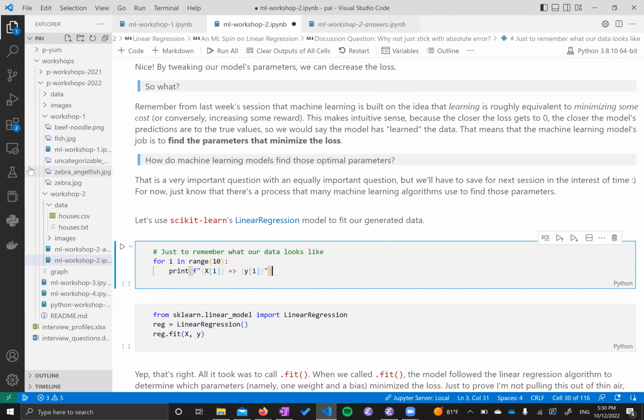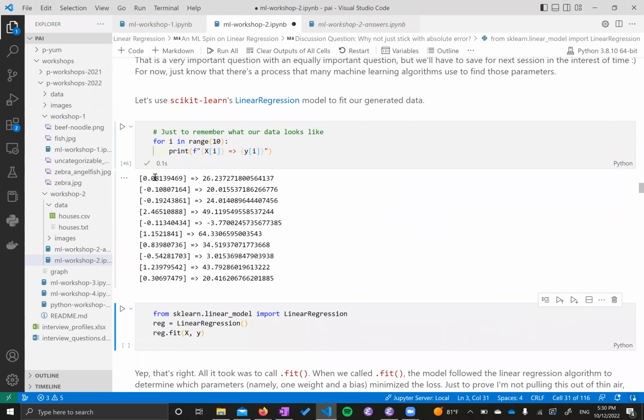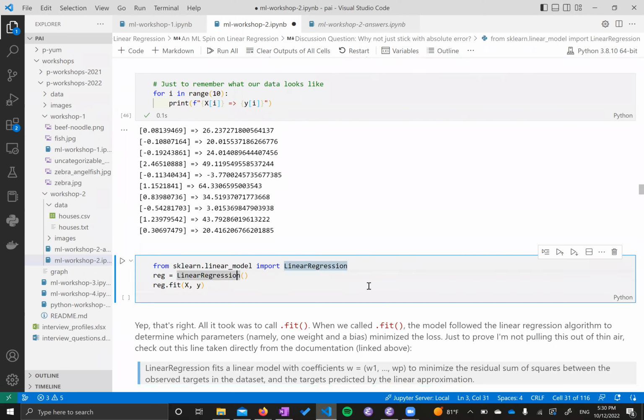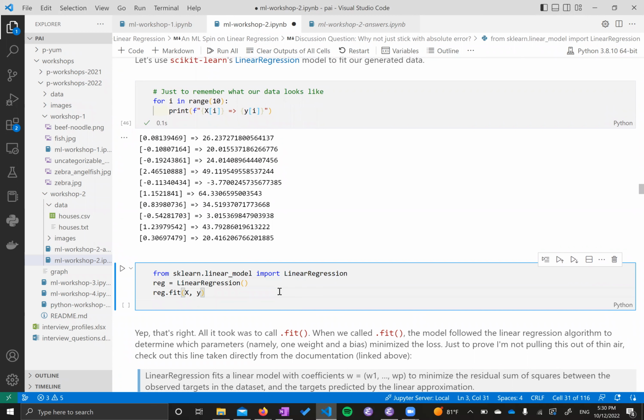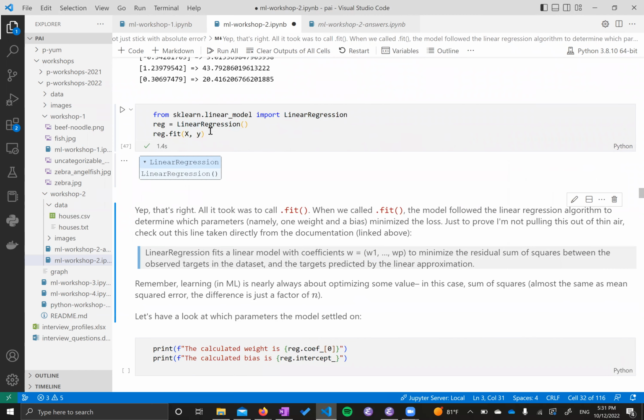So let's have our old data. These are our inputs that we were looking at. These are our y actuals. There's this thing called sklearn, which has a lot of pre-built machine learning algorithms. This is sort of an answer to the question, do you need to know linear algebra to do this? You don't, because they've already built in this stuff for us. So we can call scikit-learn and tell it, I don't want to try random parameters. You do it. Fit my data for me. We run the linear regression method in scikit-learn, and